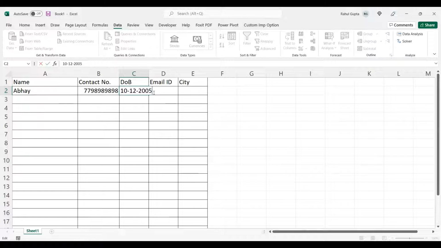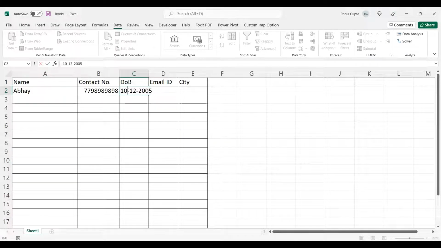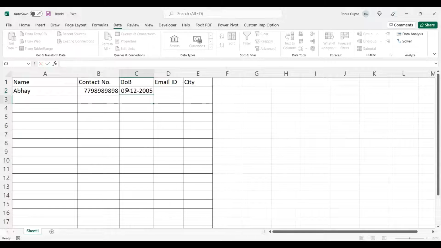But if I give 2005, again not accepted. But if I make this one as 7, accepted, because we have given 8/12/2005. So this is how, even if you want that it should not be today's date or future date, like we are taking input from the sales date, and it should not be today's or future date. So I can make it a formula, is equal to today minus 1 or minus 2, whatever you want exactly.